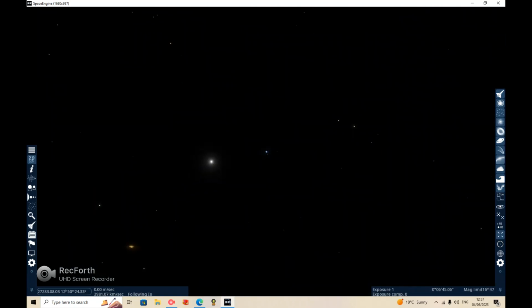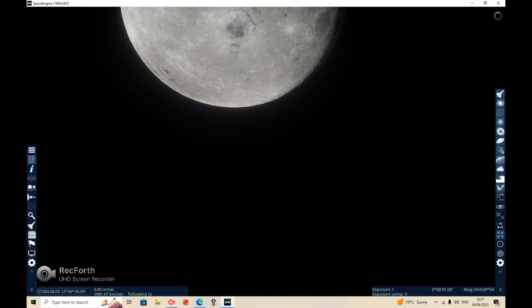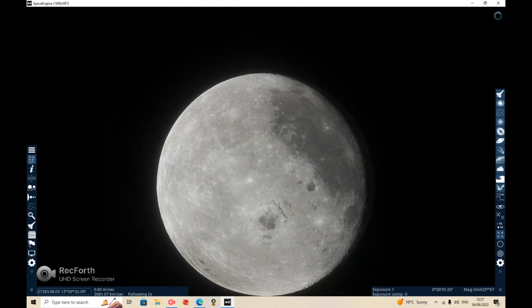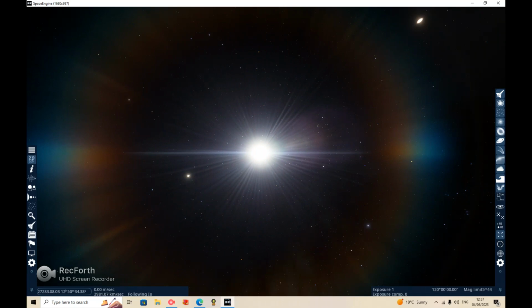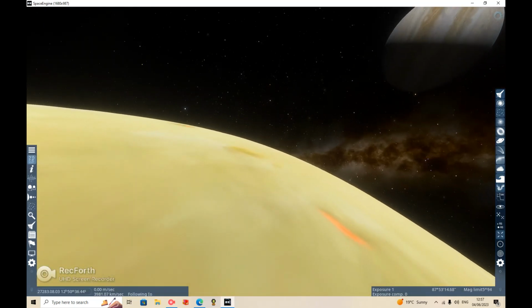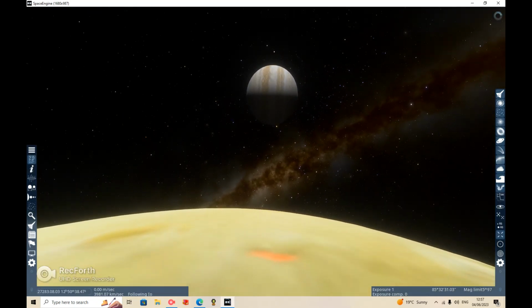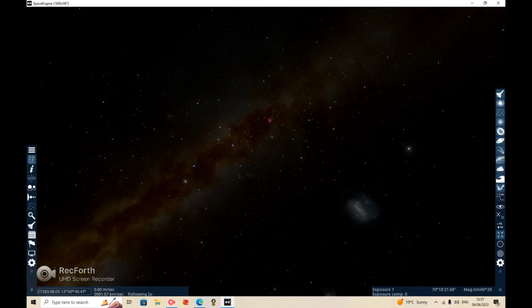Look how good you can just zoom in. Let's zoom into the moon, the backside of the moon. It's all on this little planet Io. Wow.